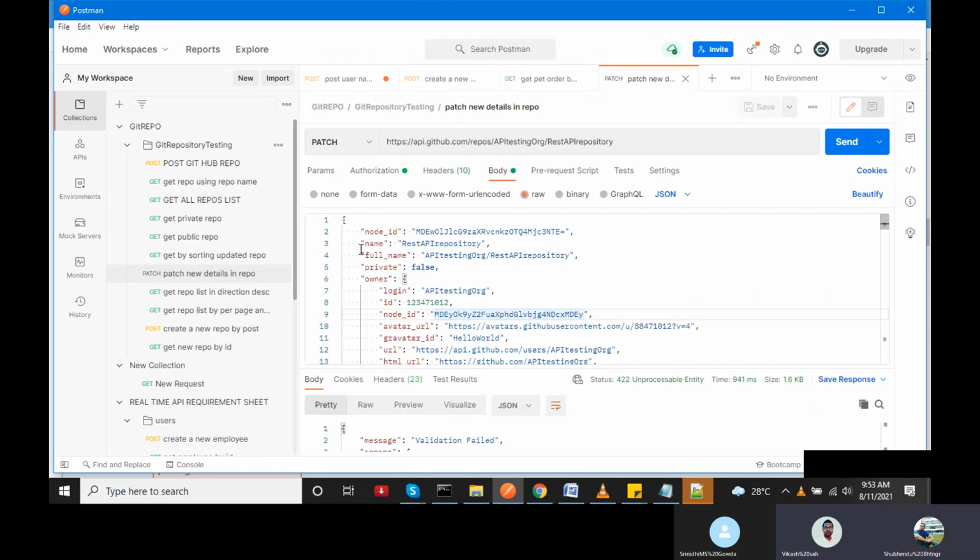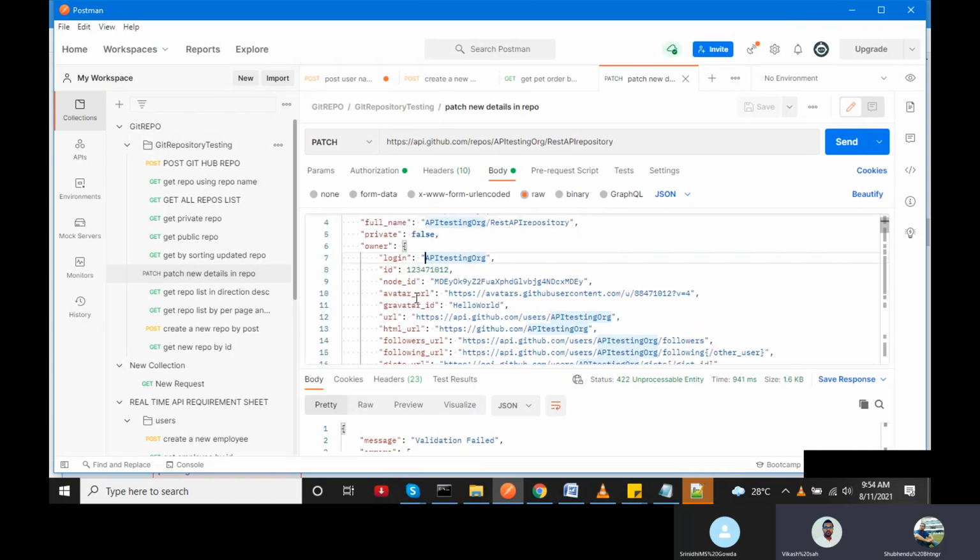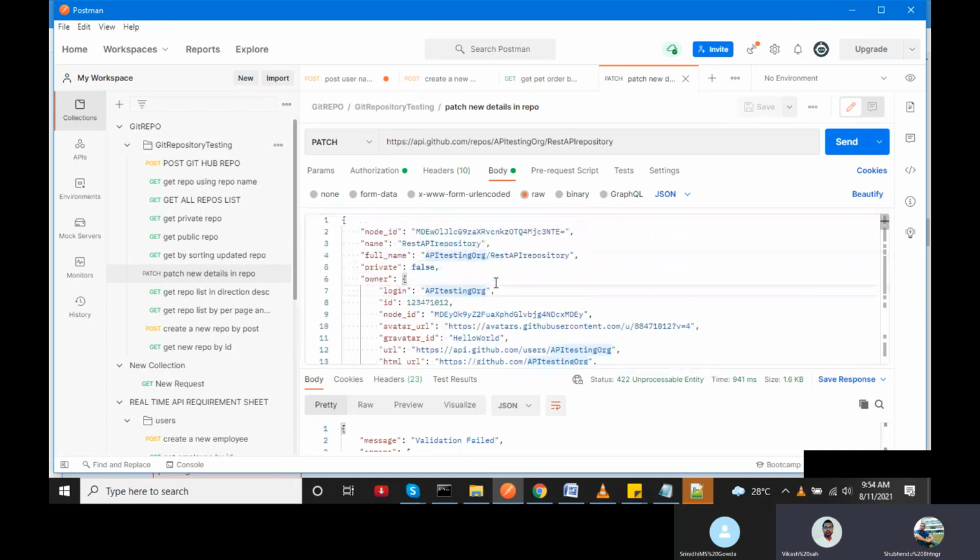Because in this, the primary name is name, I cannot edit it. Also the organization name we cannot edit. So very few parameters are there to edit. So I will choose some other. I think we have something like privacy, private, public. There are a lot of things in GitHub. You can see there are multiple keys and values, right?